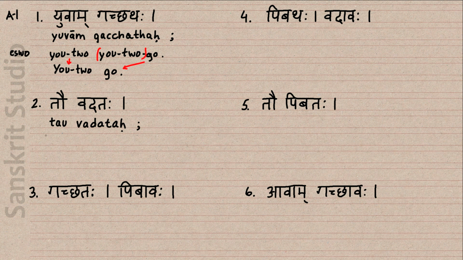And what that means, we will come to that. Then we have tau then. And this is also dual, but now it's third person instead. So it's about they two. But in third person, unlike in second person up here in the first sentence,